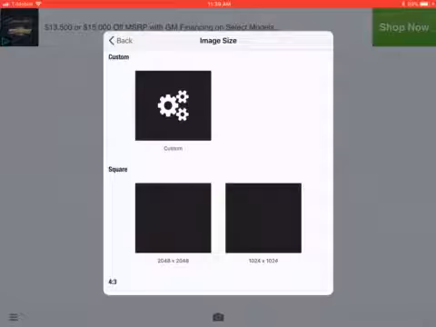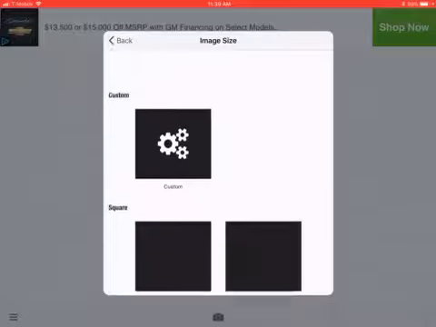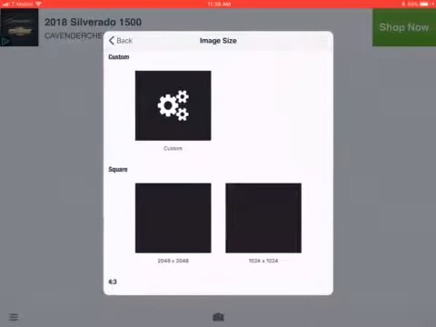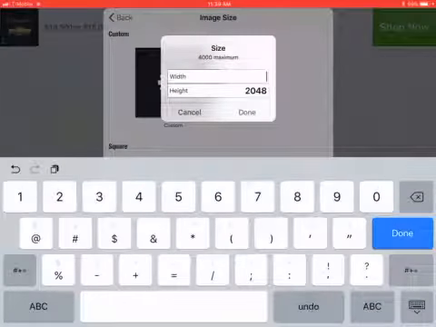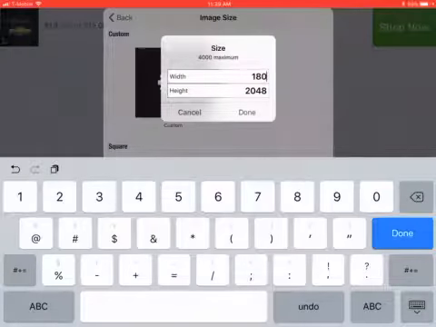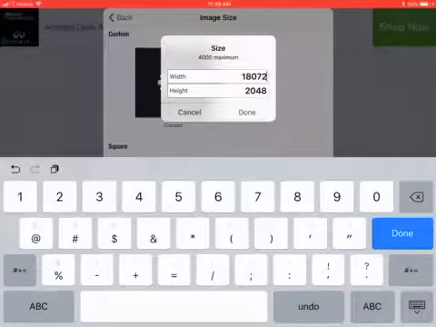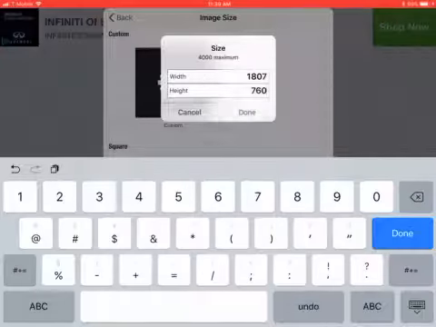Once you press that, press done, and then oh wait, I didn't change it. So 180, 72, 187, I think, 760. Press done,